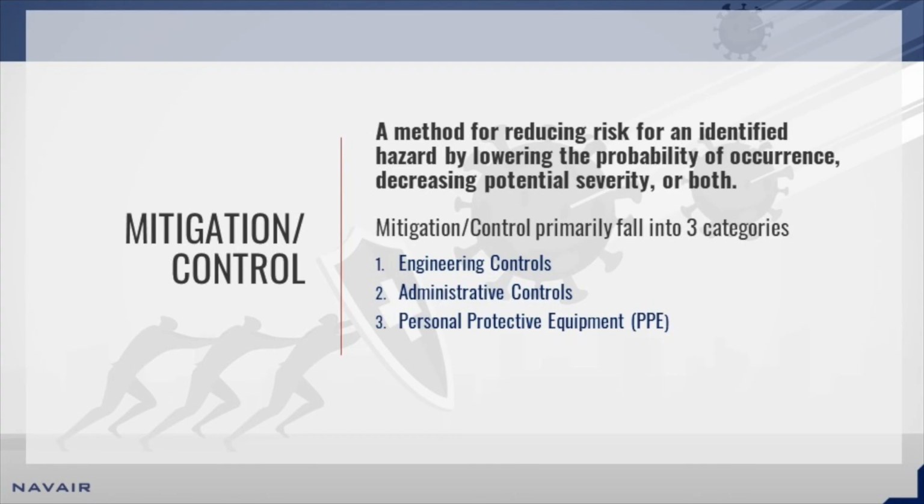Let's discuss what we mean by mitigations and controls. There is some level of risk in everything we do. A mitigation or control is a method by which we reduce risk by identifying the hazards and taking actions to reduce the potential severity or probability of occurrence associated with that risk. There are three main types of controls to mitigate the spread of COVID-19 in the workplace: engineering controls, administrative controls,